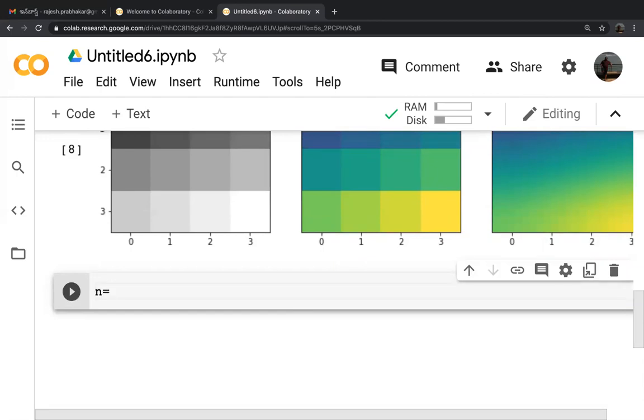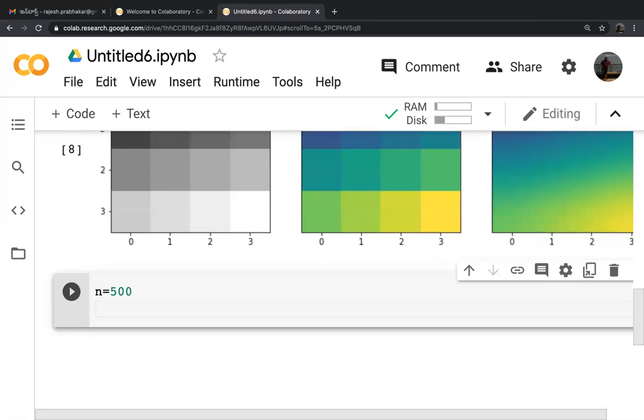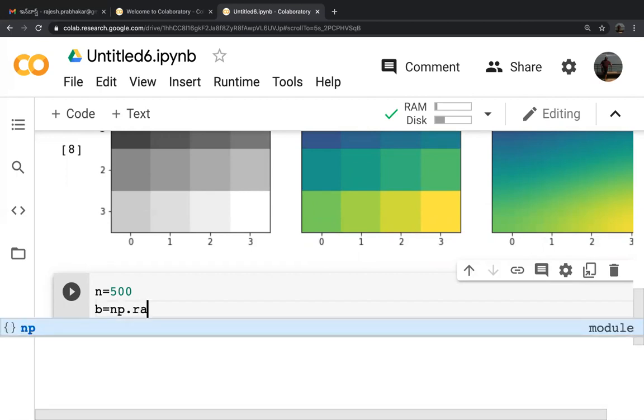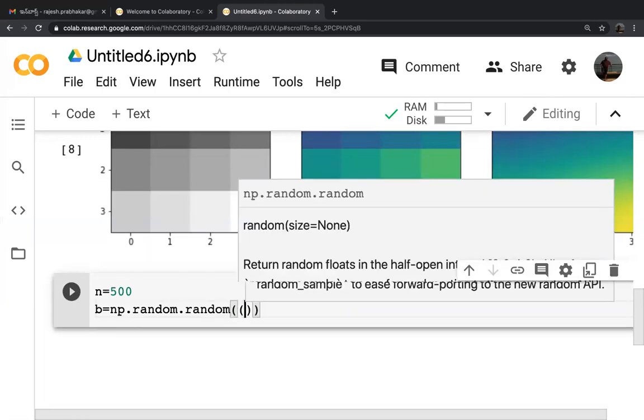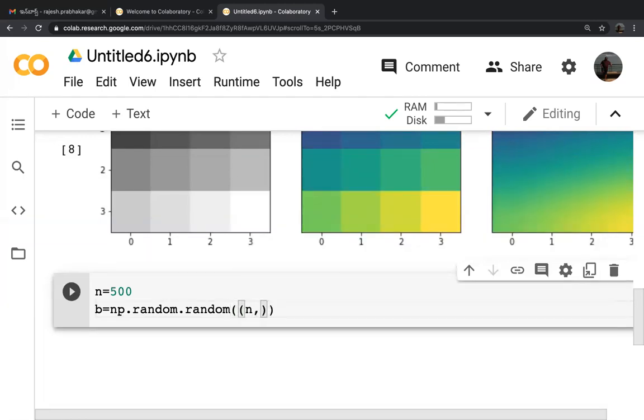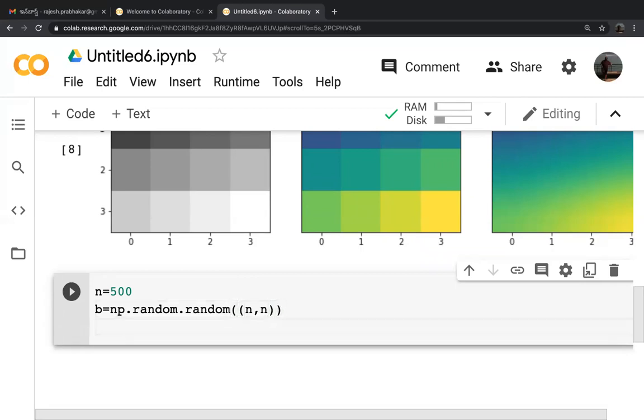N is equal to 500. B is equal to np dot random dot random. First one is the library reference, second one is the function reference, in brackets n comma n. So a 500 by 500 matrix we are creating.